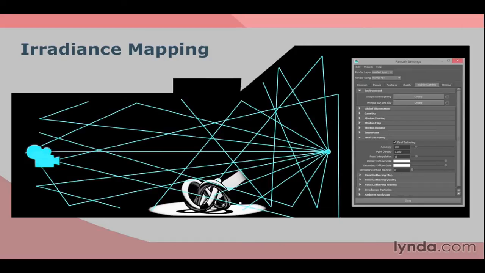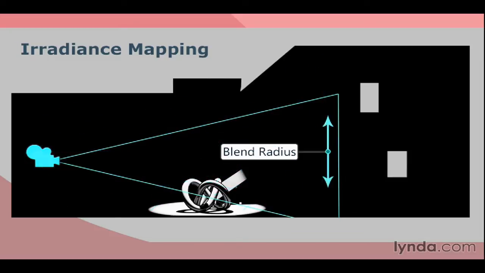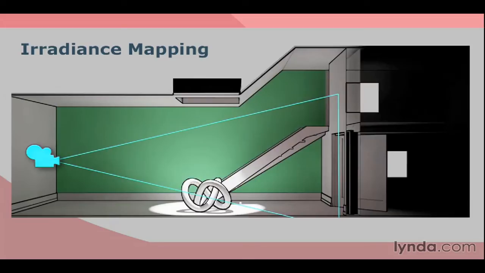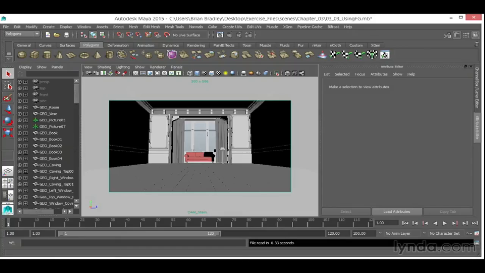Once these operations are complete, Mental Ray will take a specific number of the already computed illumination points and then interpolate or blend between them in order to create a smoother looking GI solution. The number of samples used for this blending operation will be controlled by the point interpolation parameter. After all of this has taken place, Mental Ray is now ready to begin the rendering process and produce a final image for us. With irradiance mapping basics dealt with then, let's move on to actually using Final Gather in a more challenging test scene and see just how good a lighting solution it can produce for us. As already noted, probably the most